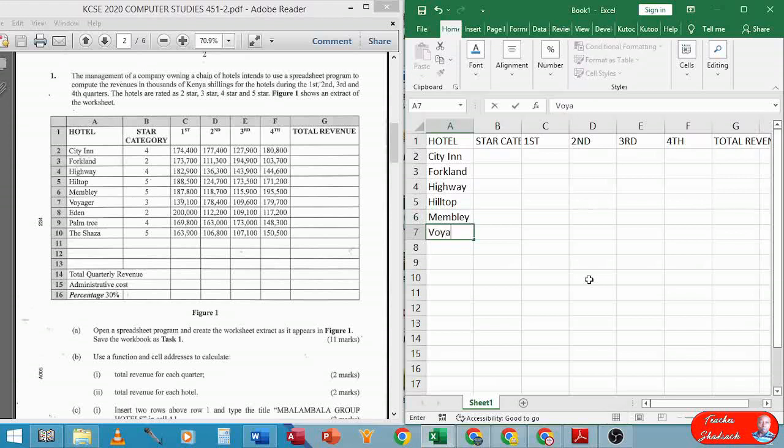We have a name there, Voyager, Eden, like Eden, palm tree. Tree starts with a small letter, that's why. The Shaza